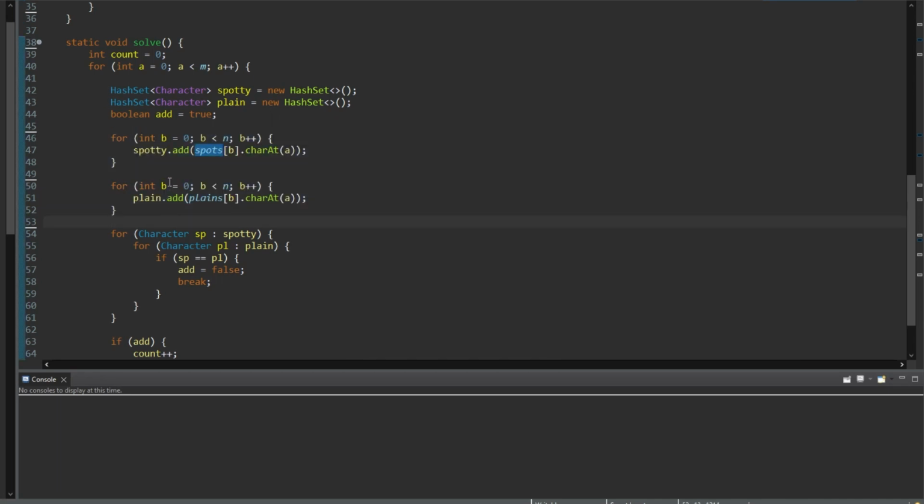What we do is we're going to add spots in position B, char at A. So what this is going to do is this for loop is going to go through every single genome that we have in the spotty category. So if you look at the example that we're given in the problem, you can just scroll back to it in the video. But basically in that example, we have an N of 3. So basically we're going to take in 3 genomes,